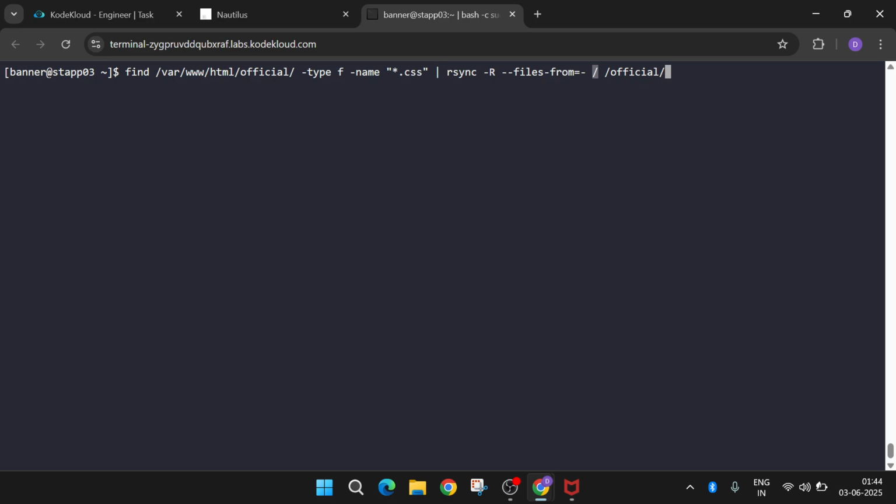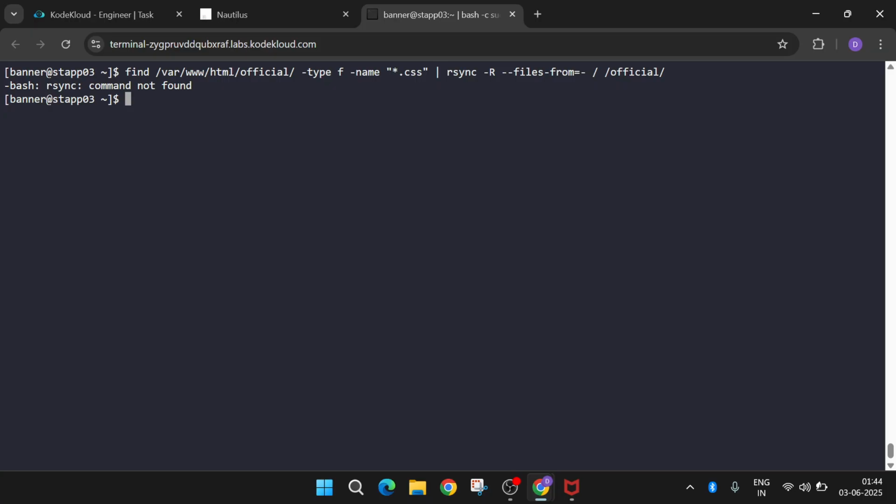Slash specifies the source directory root, since we are using rsync to copy from the root, and this official specifies the destination directory. And